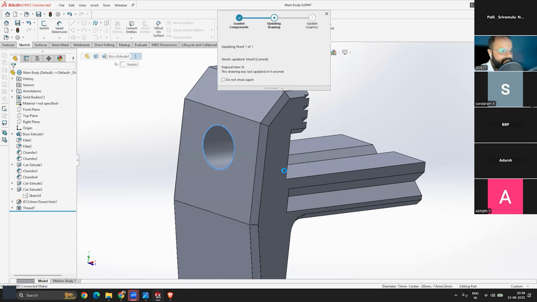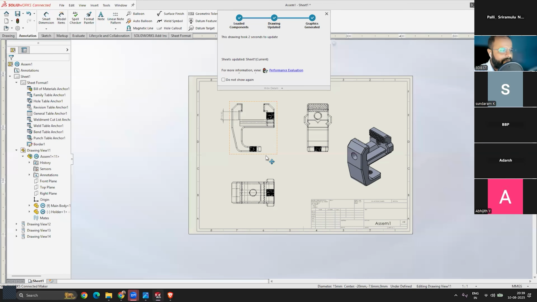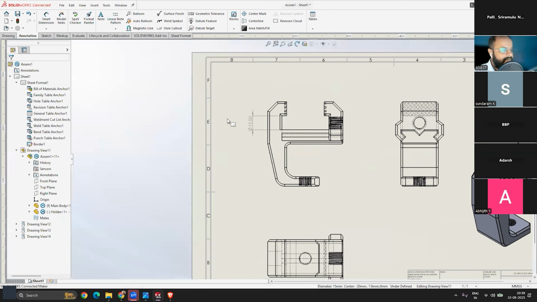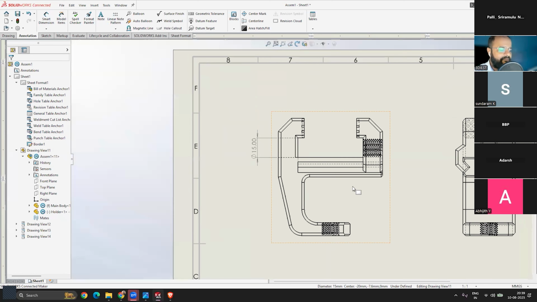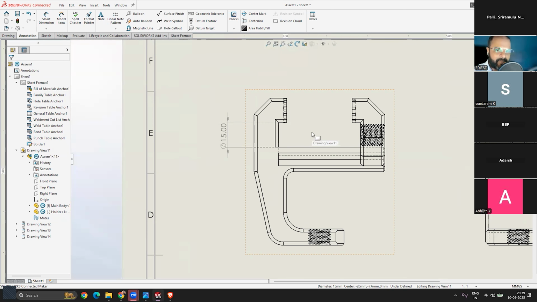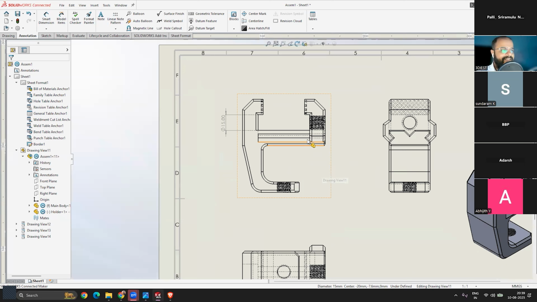I will close it. Now we'll go back to the drawing. See, the drawing automatically got updated, right? We only changed the feature here, the hole size that was earlier 16, and we made that change in the part file, and here the drawing already got updated. So you don't have to make changes, right? All things are connected inside SolidWorks. Your assembly is connected to your part file, your drawing is connected to your assembly file or your part file, right? So all the time, all details are connected.